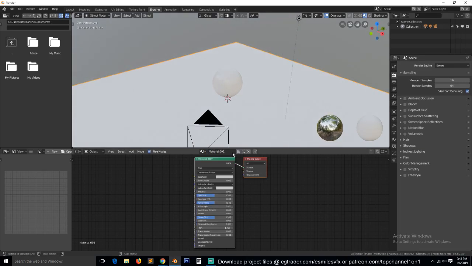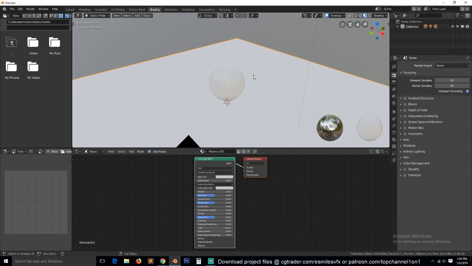So I'll just create a new material here. Give me a moment. So let's turn on ambient occlusion and also screen space reflections, and